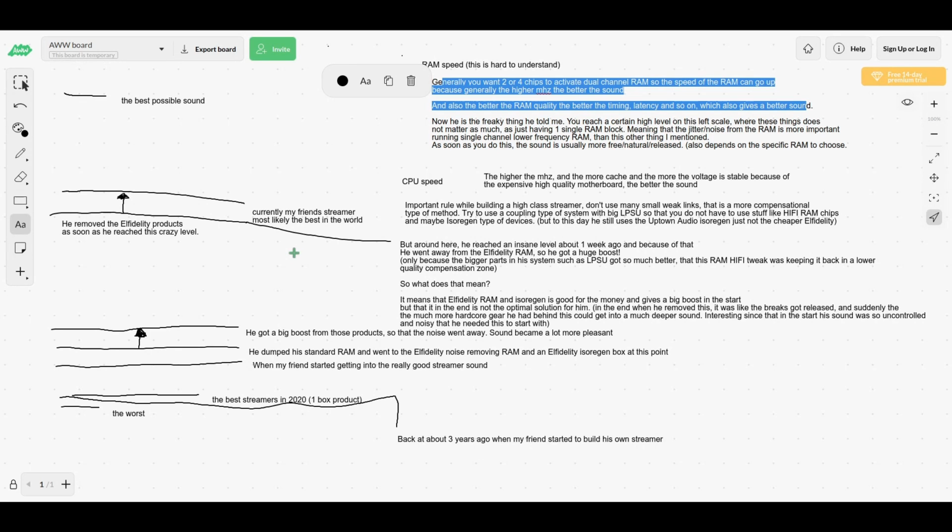of RAM, meaning that if you have 2 chips of RAM or more in your PC, that will create a lot of jitter, and that will remove a lot of the immediate reaction from the sound on the streamer. But it's only around this level here. I can't be more specific than that. It's around this level here that